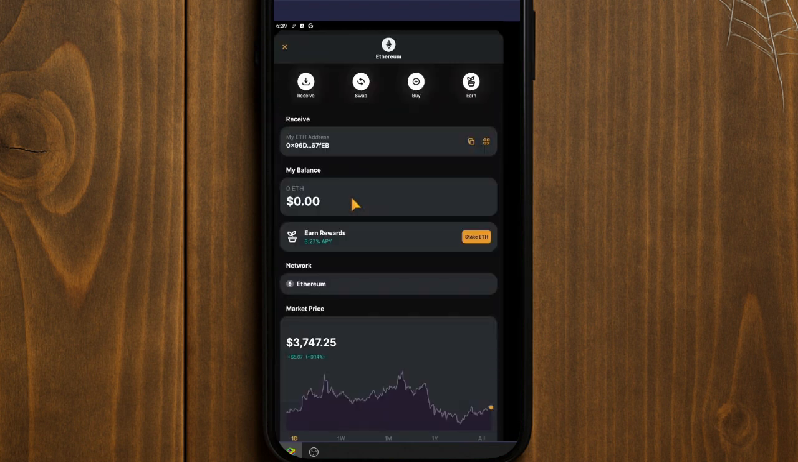After you click on Ethereum, your unique Ethereum wallet address and QR code will appear. You can copy the address or share the QR code with whoever is sending you it. If you're transferring from exchanges like Binance or Coinbase, just copy and paste your Zengo ETH address when withdrawing from